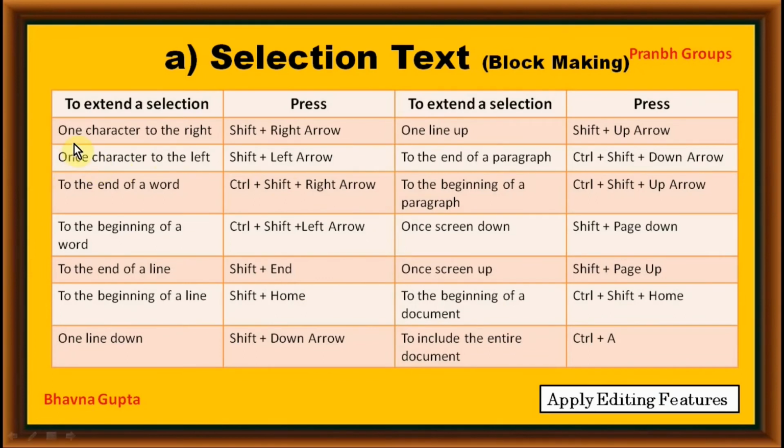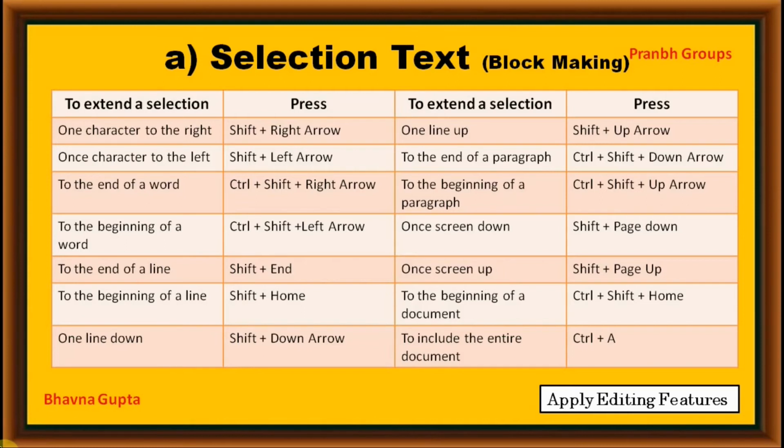Here, if you want to select one character to the right, you can use Shift plus right arrow. One character to the left, you can use Shift plus left arrow. If you want to go to the end of the word, you can use Control plus Shift plus right arrow. And if you want to go to the beginning of the word, you can use Control plus Shift plus left arrow key. And to the end of the